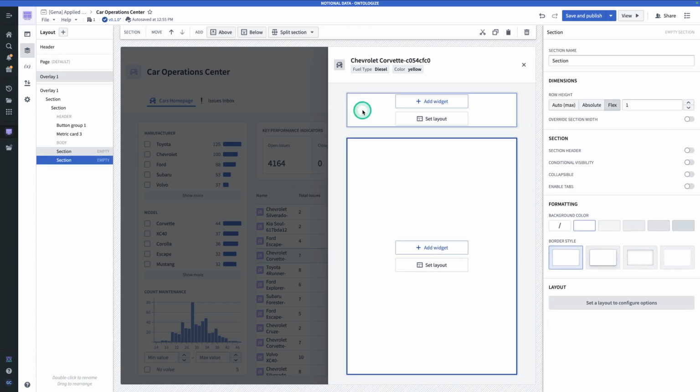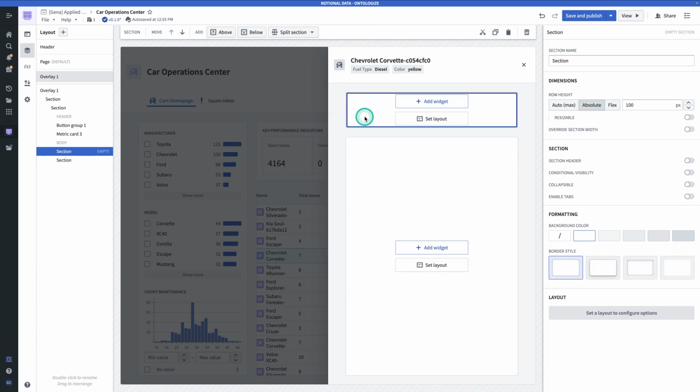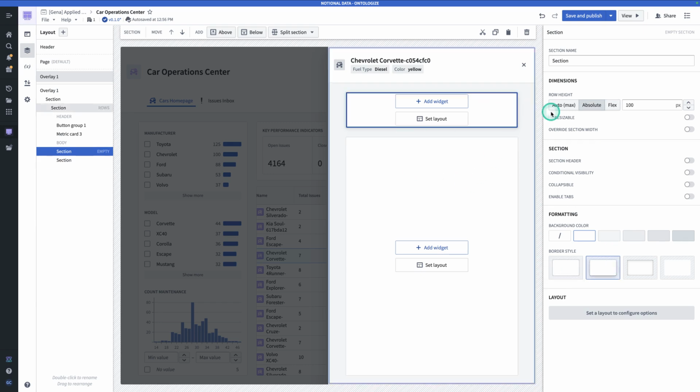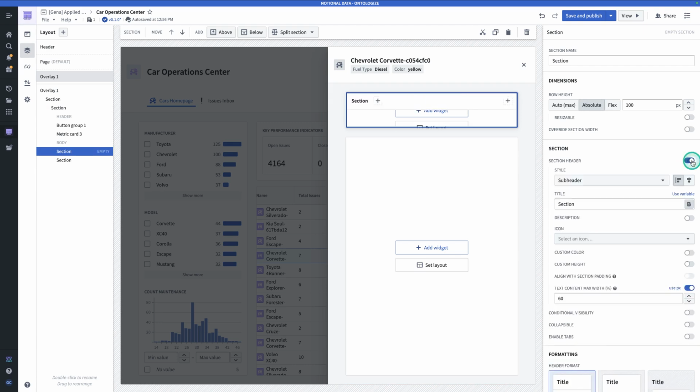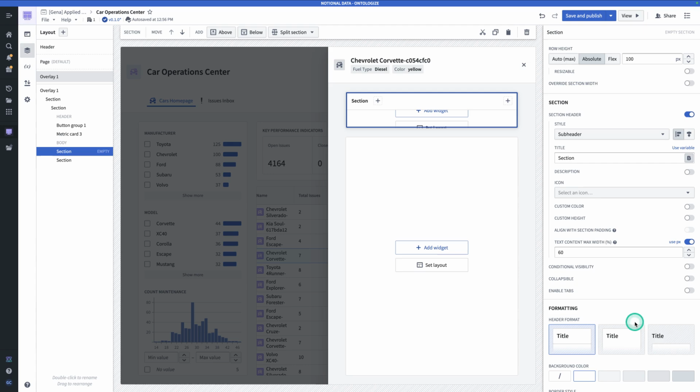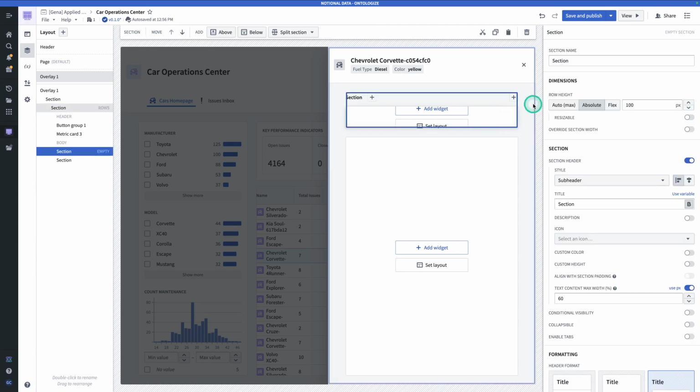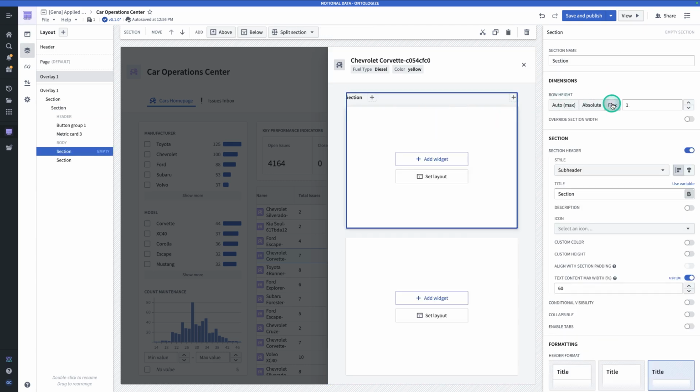And then let's configure each section individually. So we'll click into this section, change the border style to outer drop shadow so it looks like it's a little elevated. We're going to turn on the section header and change the header format to floating. And so that's how that looks. Now, we don't really have enough space here, so let's turn this into flex. And now it's going to share space equally with the one below it. And so we're going to name this section car